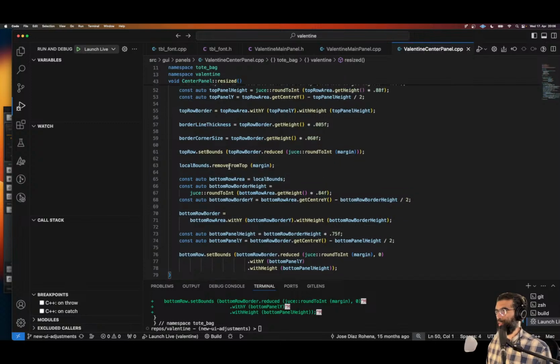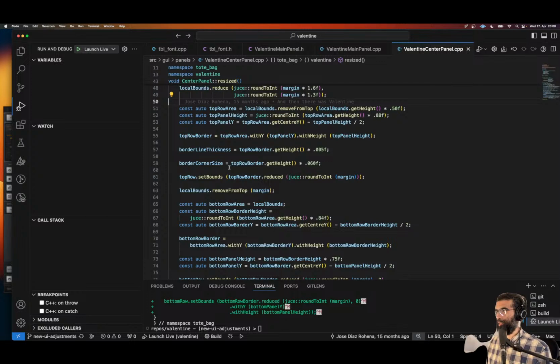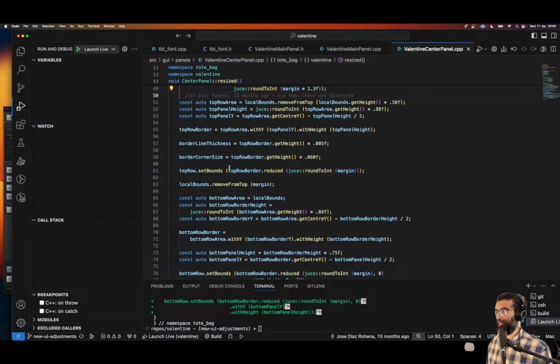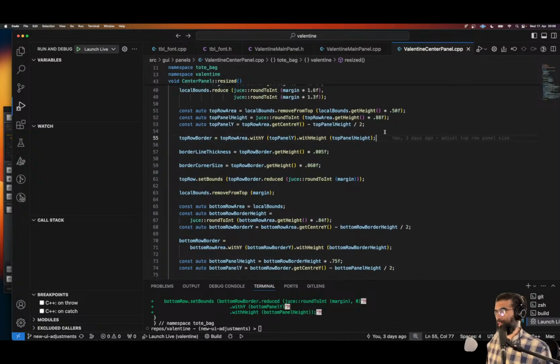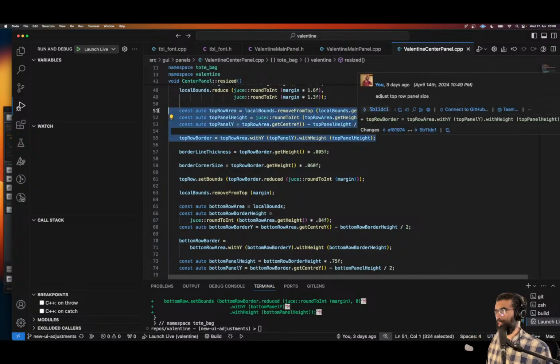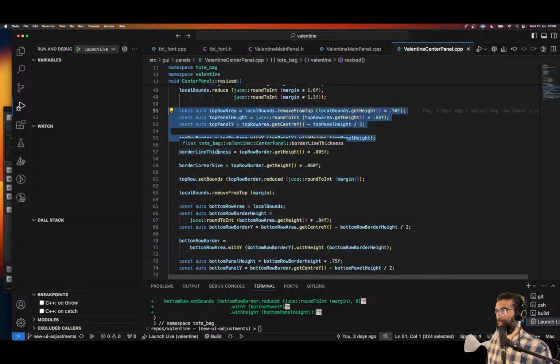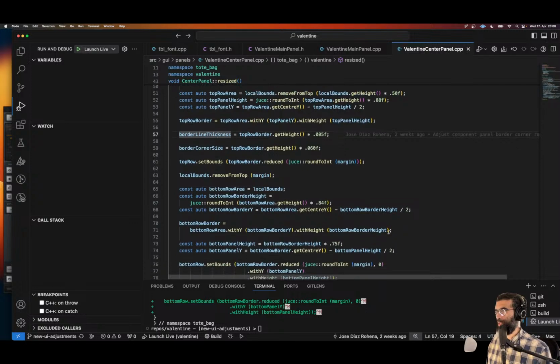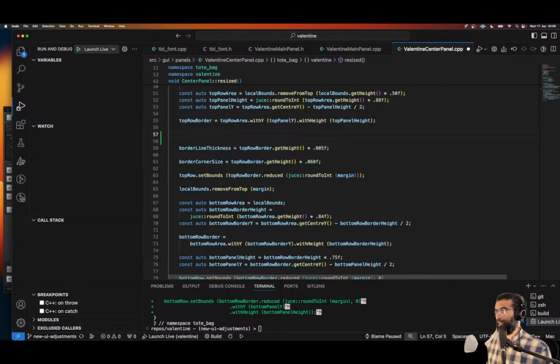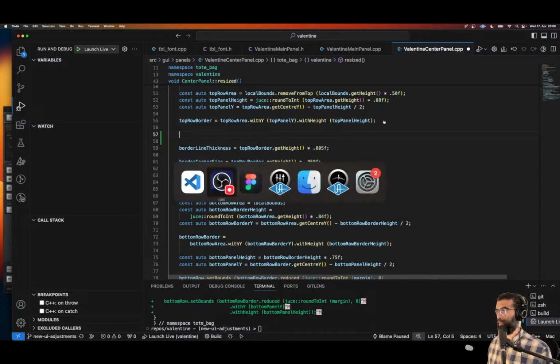So here we are. Right, so this bit is analogous with this bit. So after we have the area of the top row border,